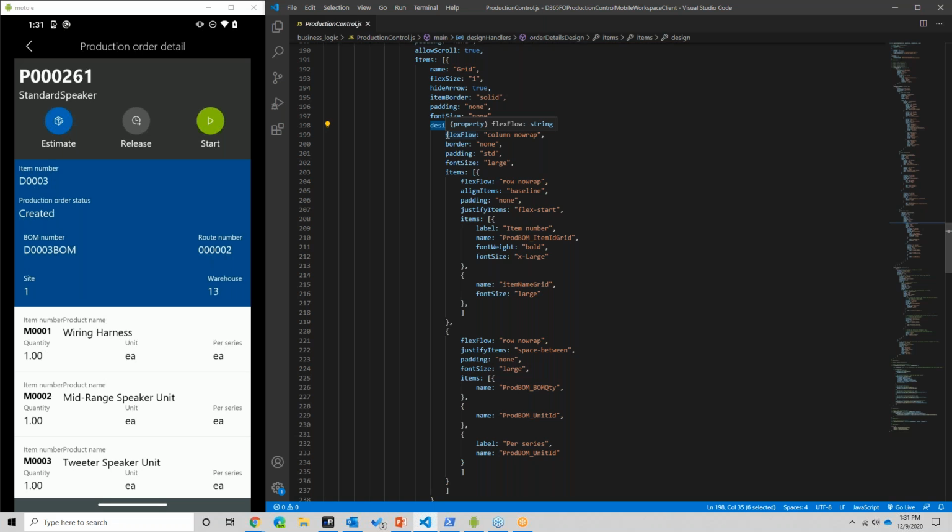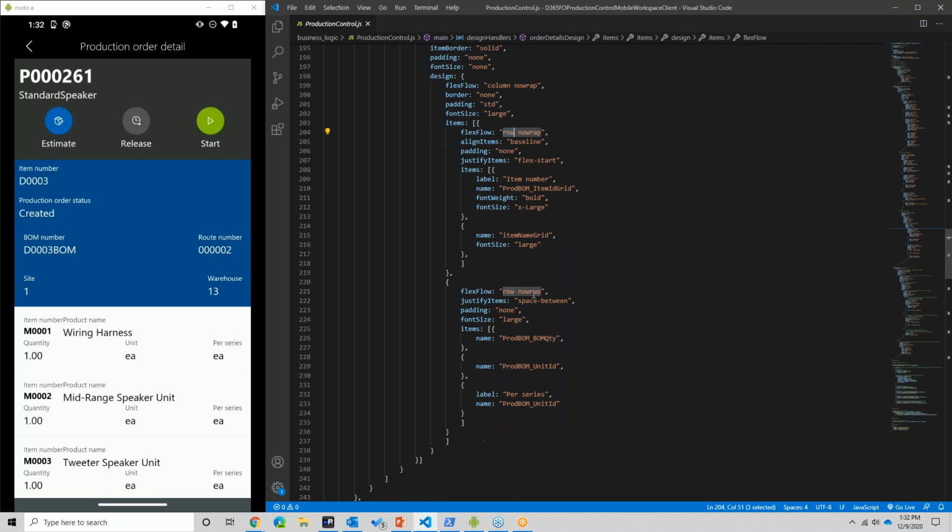You need to specifically define the design for each one of the items that will be shown here. And the same kind of concepts apply. So you're going to have a column, and inside the column you're going to have multiple rows. In this case, I have just 2 rows for each one of these things. One that shows the item number and the name of the item. And the second row has 3 items, which are basically the quantity, the unit of measure, and then the